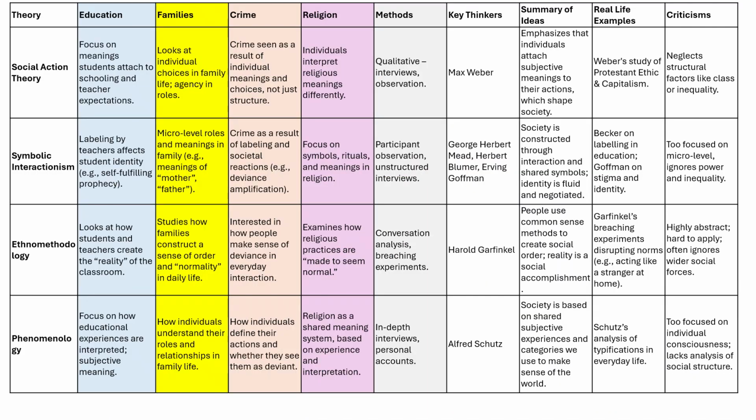Now on to another theory. So that's functionalism, but what happens if action theory comes up? And you would have learnt social action, symbolic interactionism, ethnomethodology, and phenomenology. So what I've done here is just given you a very short summary of what they say about education, families, crime, religion, and methods, some key thinkers, a summary of their ideas, and real life examples again with some criticisms at the end. So feel free to use that as just a very brief summary of their ideas